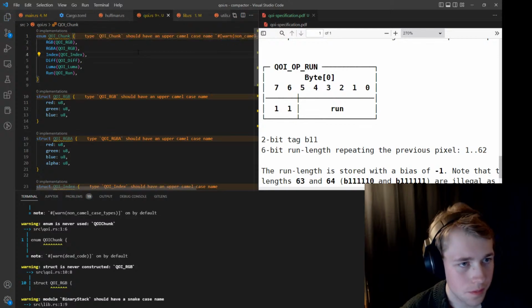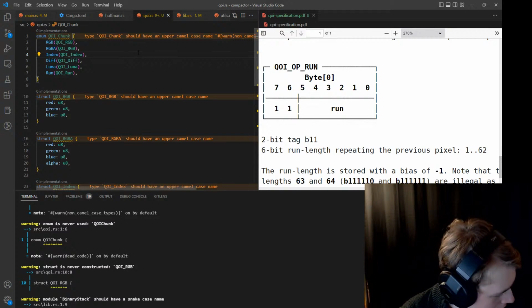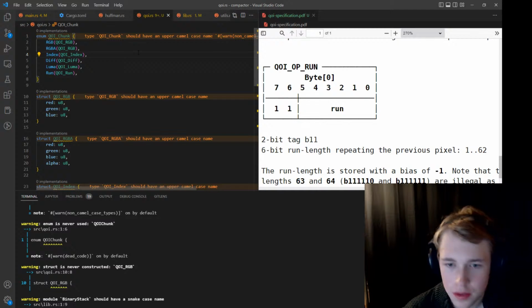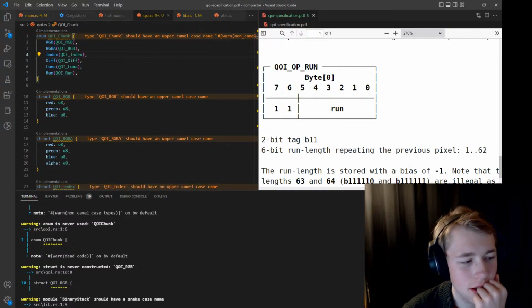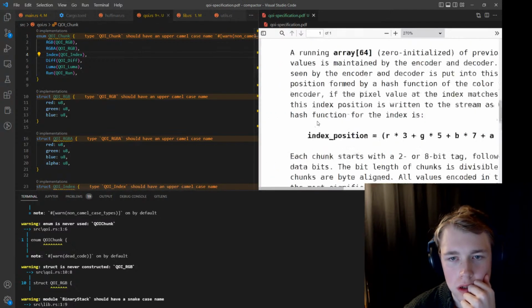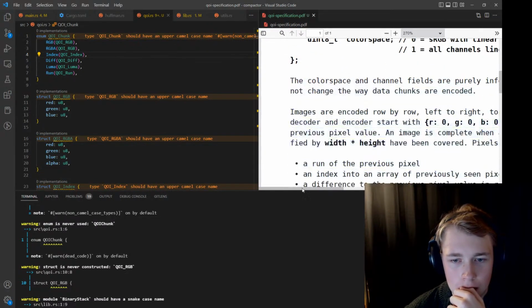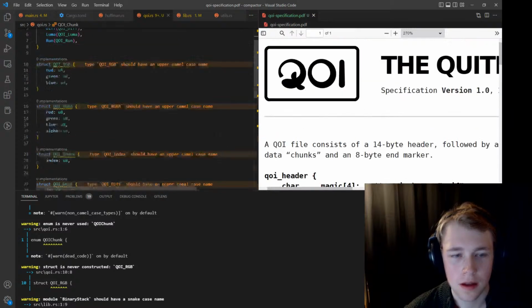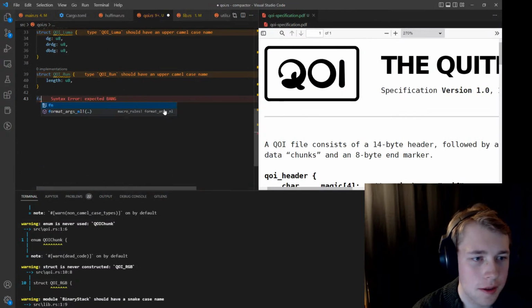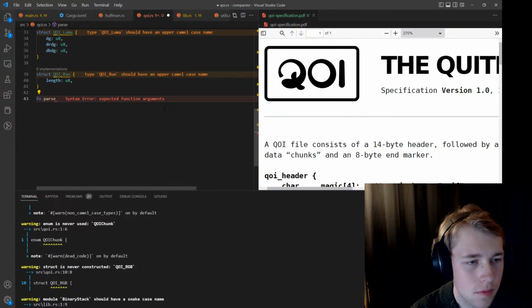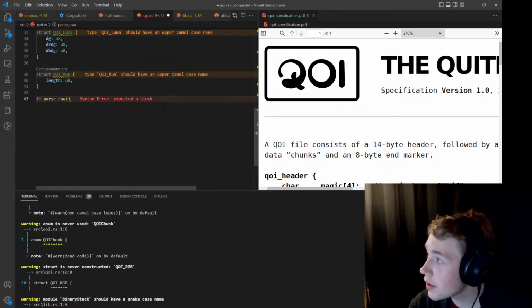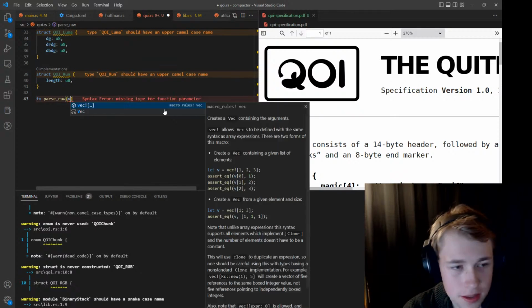So in order to do that, well, what did you call that? Would that be parsing? Okay, let's call it that for now. So parse raw,